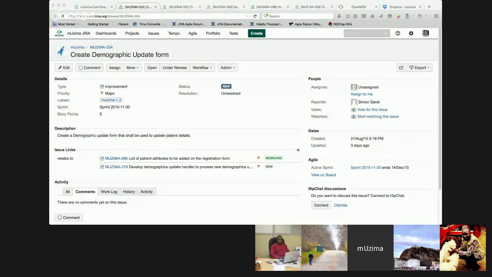As you guys know, on the data model, you can have a one-to-many relationship, like one person has multiple names, but for gender it's one-to-one. For the date of birth it's one-to-one.